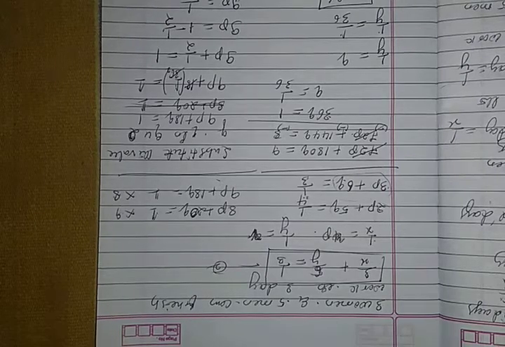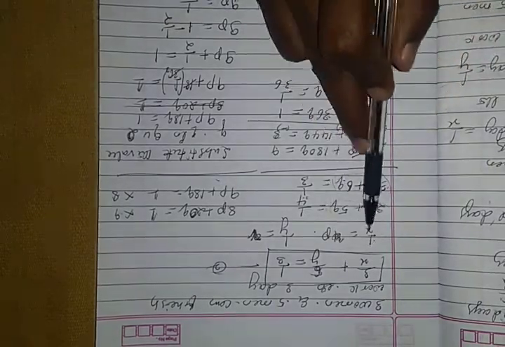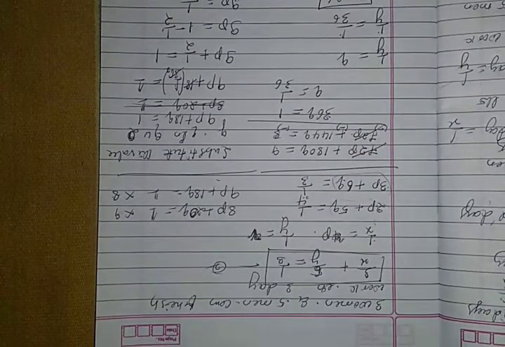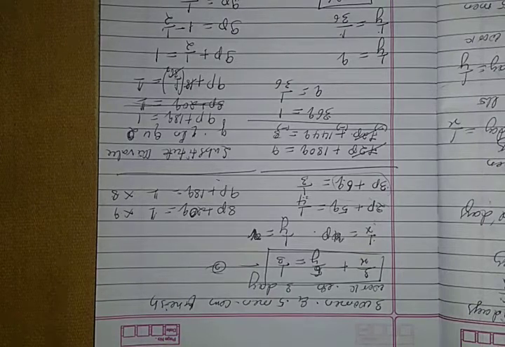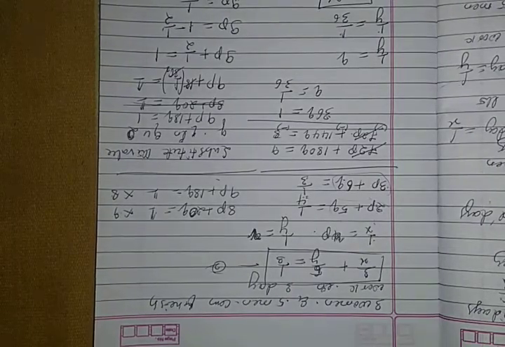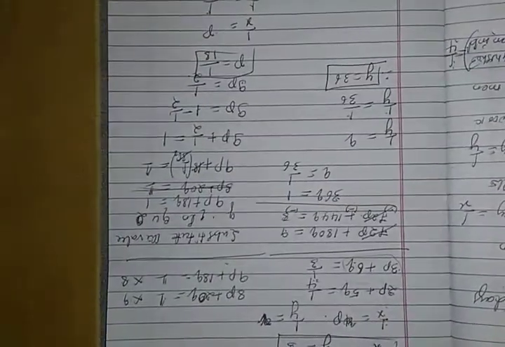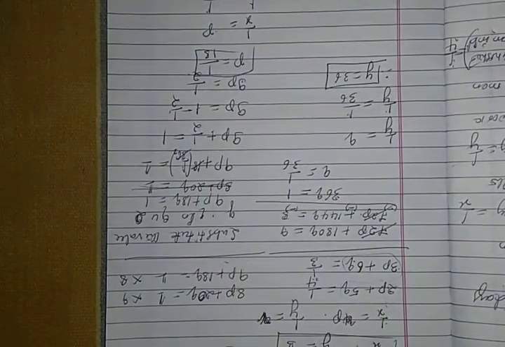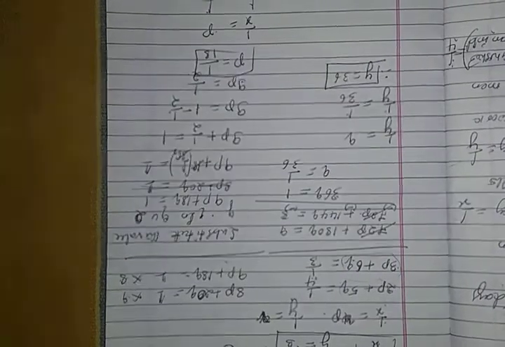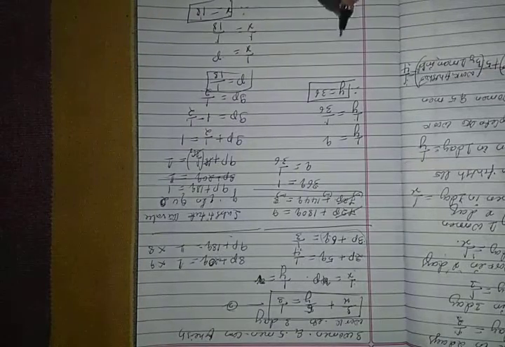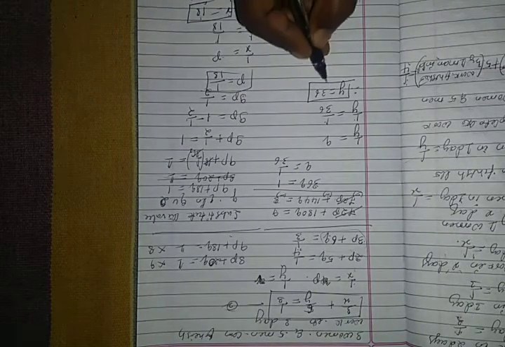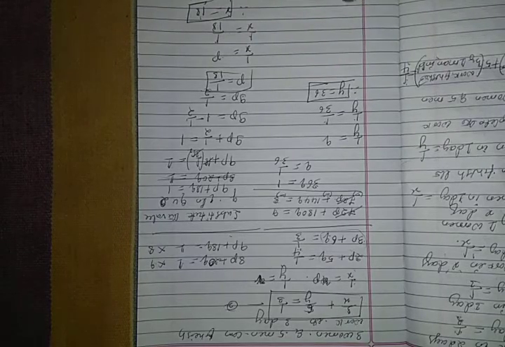So p is 1 by 18. Similarly, the value of x: 1 divided by x is equal to p, and 1 divided by x is equal to 1 divided by 18. Numerators are equal, therefore x is equal to 18. The value of x is 18. See, a single woman or a single man can finish the work in 18 days and 36 days respectively.